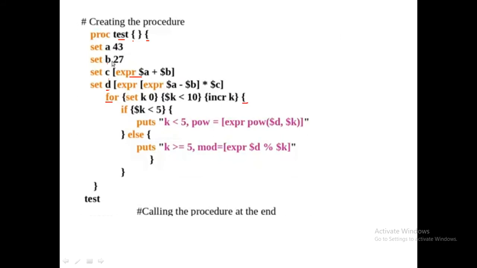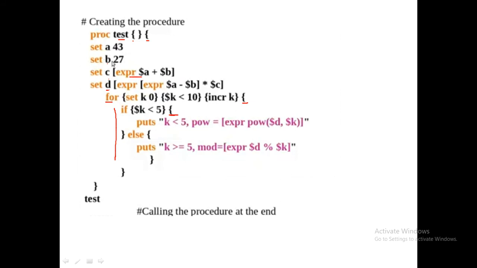This is very important. This should be in the same line, right? After that you have some body of the program. Now you see here if condition, how if you are going to write in TCL, same if condition, right? Now condition should be in flower bracket. So if $k less than 5, open bracket, next flower bracket should be again here in same line. This you have to remember, right?